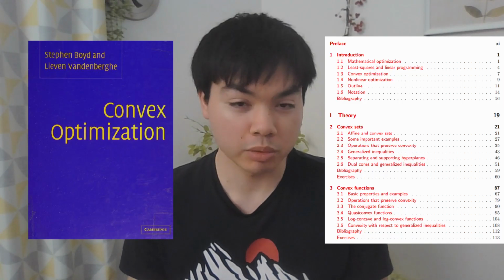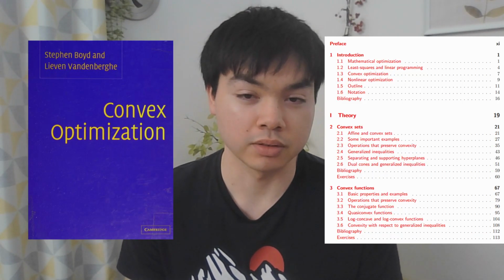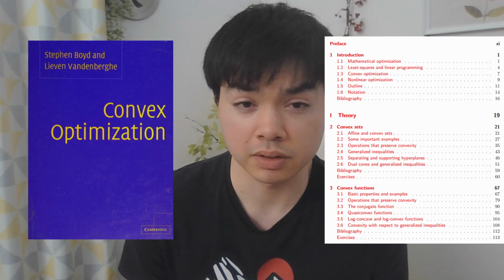So this week I'm in the Boyd book, so I covered sections 2.4 on generalized inequalities and 2.5 on separating and supporting hyperplanes. I also reviewed material from the previous week, so in total I spent about 9 hours studying